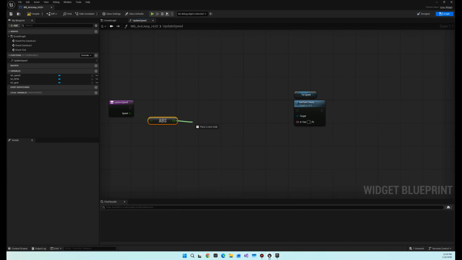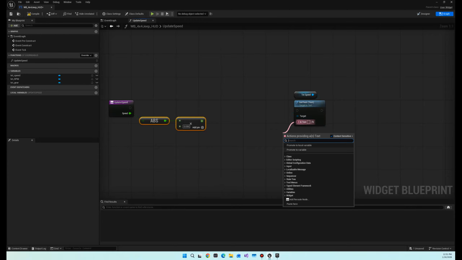Since we're in centimeters per second, I'm going to convert it from centimeters per second to kilometers an hour. To do that, we're just going to multiply. So we'll find the multiply operator, and the conversion ratio is 0.036. That will convert centimeters per second to kilometers an hour. If you want to stay metric and use kilometers an hour, that's all you need to do, and then you can just pipe that value into the text box through a toText